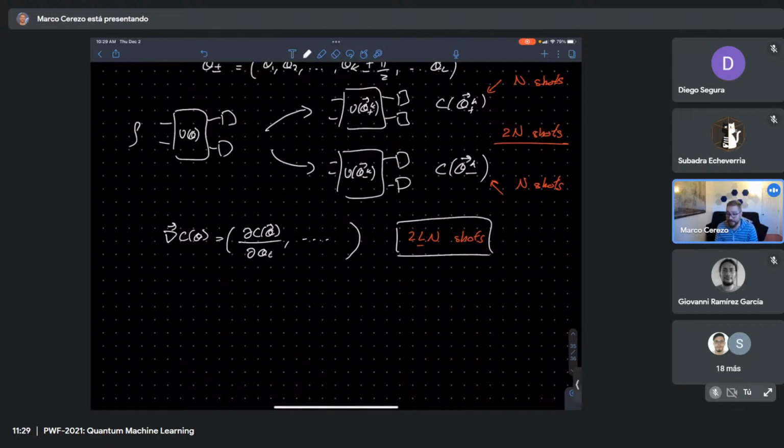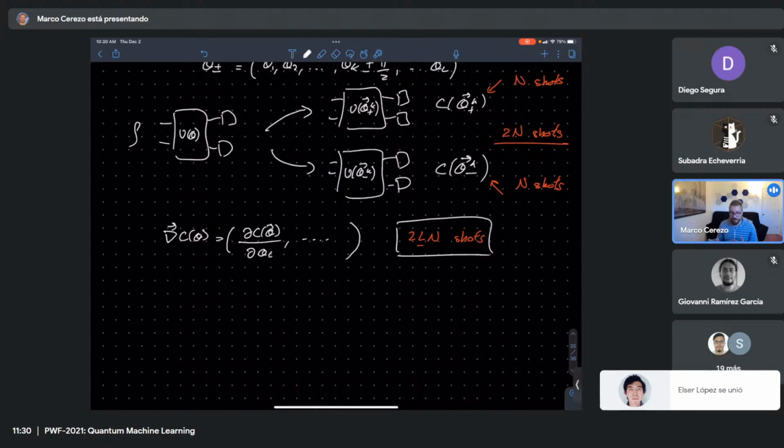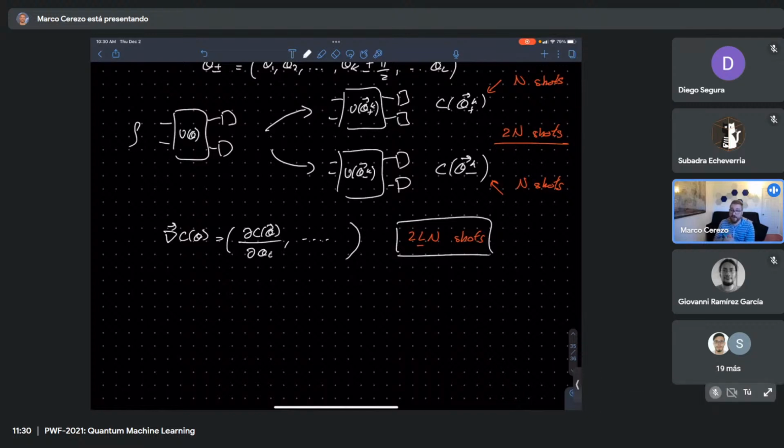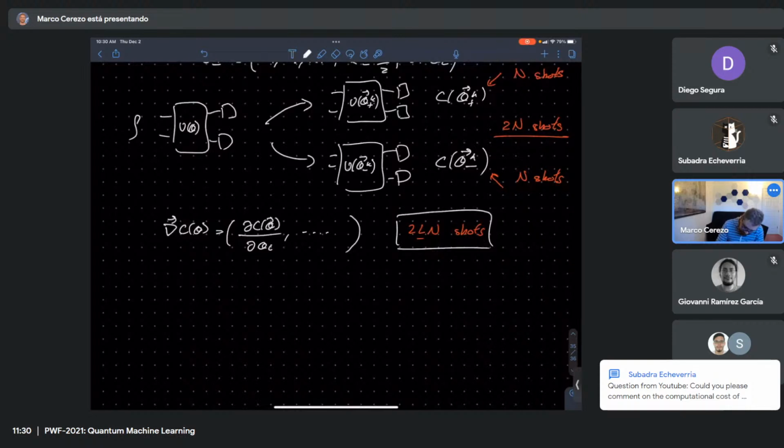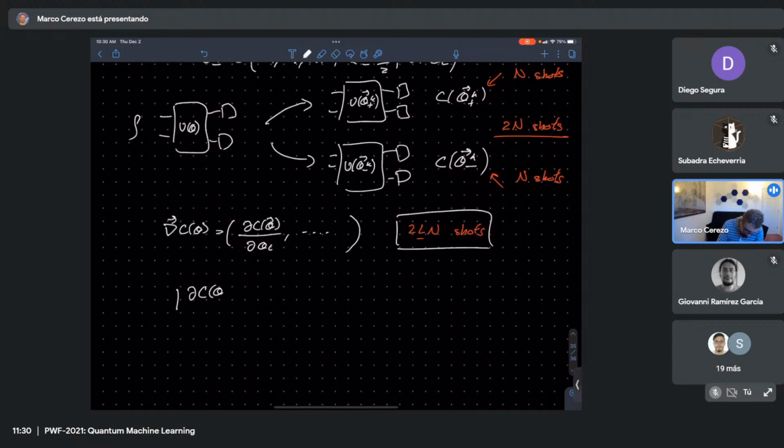It scales linearly with the number of parameters. So the more parameters I have, the more shots I have to put in. So, you know, this is something that might be considered a weakness of this method, because it's extremely expensive shot-wise and time-wise to compute the gradients, because we have to do this at each iteration step, right? So it could get very expensive. At the same time, let me then just very quickly say that this parameter shift rule has other very important and powerful